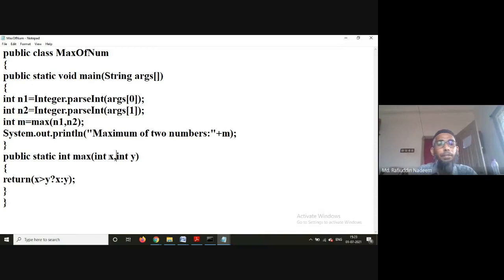Pass by value means the values of those variables will be passed. And if I do any changes here to X and Y, those changes will not be reflected back here.